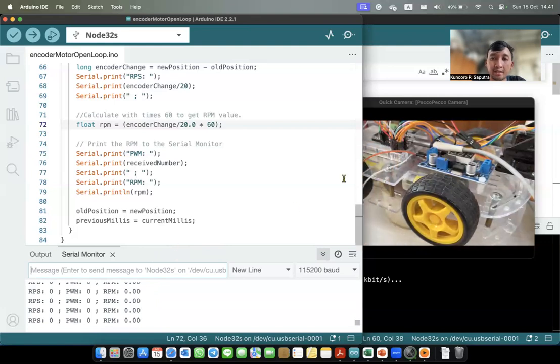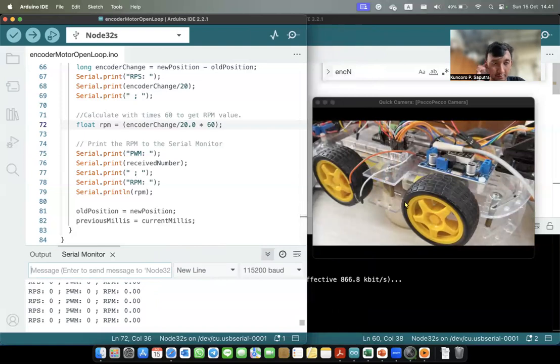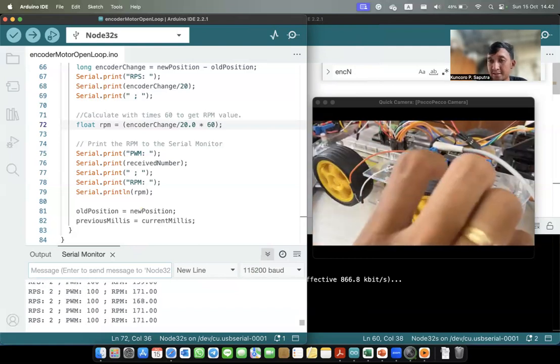If the rotation decreases because of the external environment, the controller cannot know how to stabilize the rotation. So we can test. It's like this. If we set the rotation to 100, I give a load to the wheel with my hand like this.